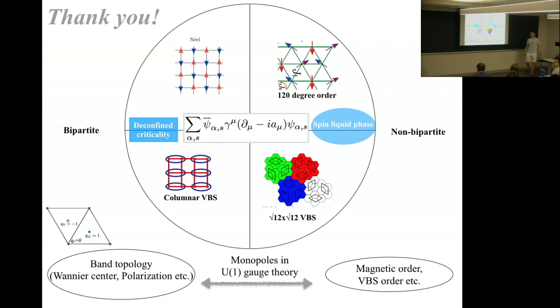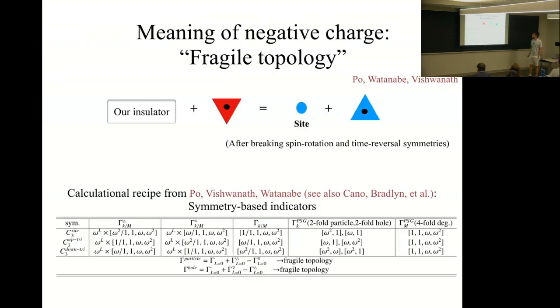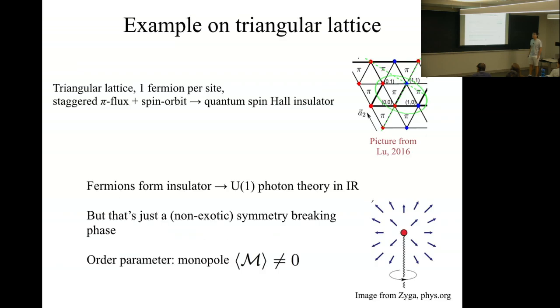At one point you added a spin-orbit coupling for your corner spin-orbit insulator. Yeah. But you have to go back and check that the condensed monopole is consistent with that term in the Hamiltonian. What's the logic of that term? That term breaks some of the original symmetries, keeps some of the other symmetries. But that was by hand. You chose to break some symmetries there. Yes, it's consistent in a trivial way, because once you break those symmetries explicitly by this term, it no longer makes sense to talk about the monopole property under those symmetries.